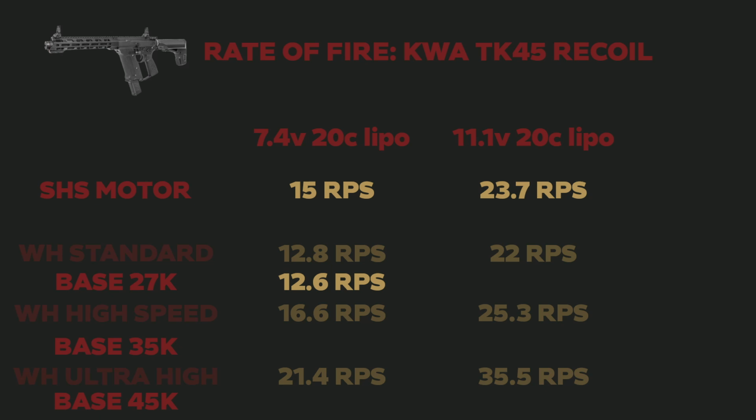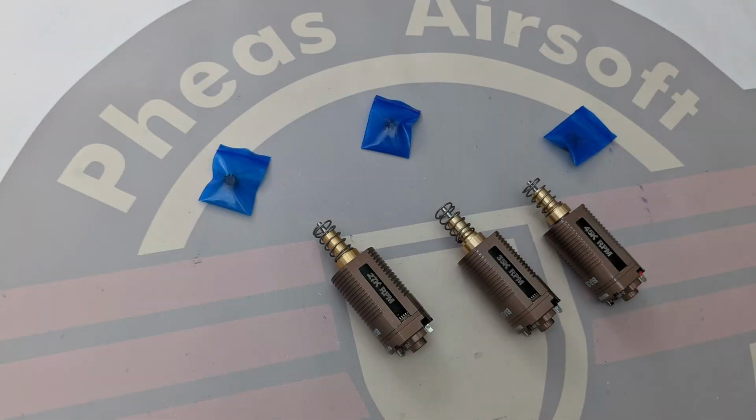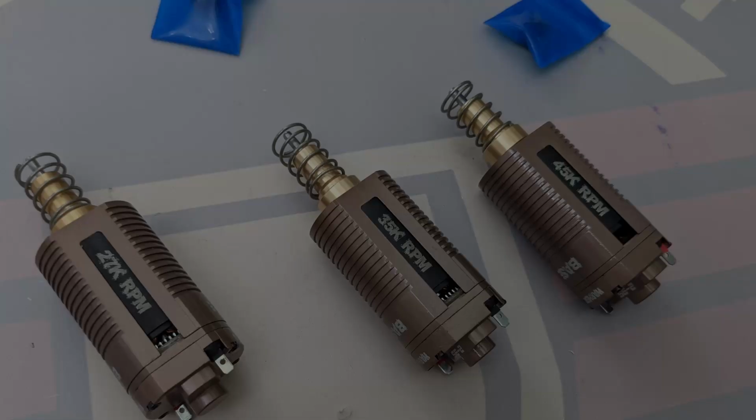At the 11.1 point, you're probably looking at around 34 rounds per second, which is really, really quick. Again, we are seeing that there is a lower performance out of these motors overall. So, conclusion then, before I give you all the shooting footage, there is a price reduction,